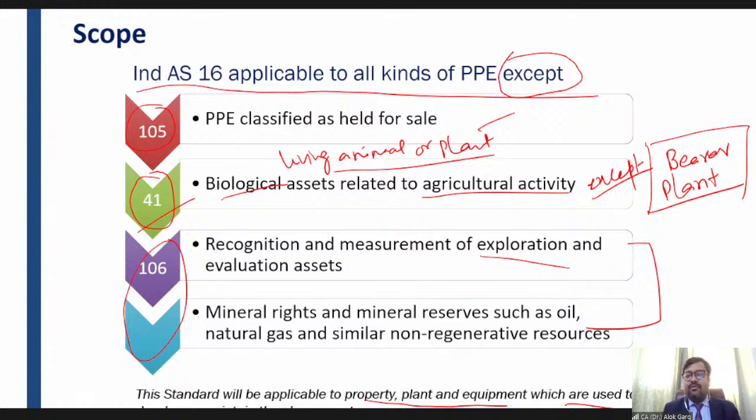Srinidhi is asking, sir, when cows are used for both agriculture and transportation by a farmer, then what is the applicability? Srinidhi, for example, the farmer is using cows for agricultural activity, and also using the same cow for, let's say, taking the agriculture produce to the market, right? In this case, it has to be covered under Ind AS 41 because the primary use is, of course, plowing the field. Once the agriculture produce is there, only then are they taking that to the market.